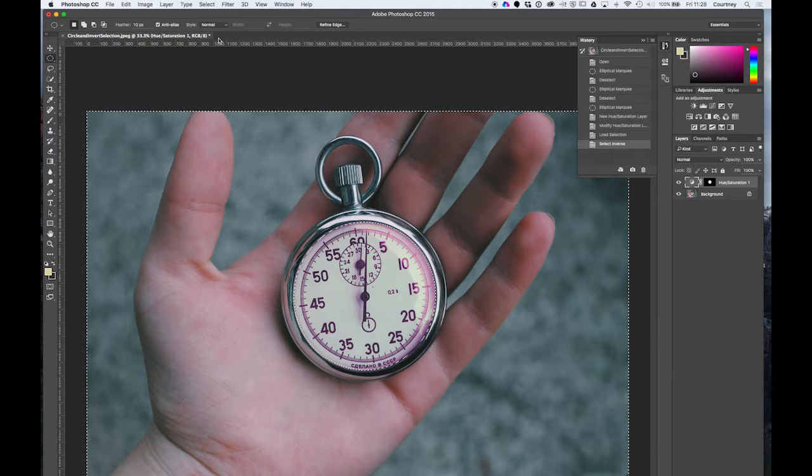And so now when I do that, I have marching ants all around my photo, plus the marching ants around the clock face. So what it's essentially doing is taking all of this area in between the ants and selecting it. And this right here in the middle is not going to be affected. And so now with all these marching ants active, when I go over here to my adjustments panel and I click on black and white,